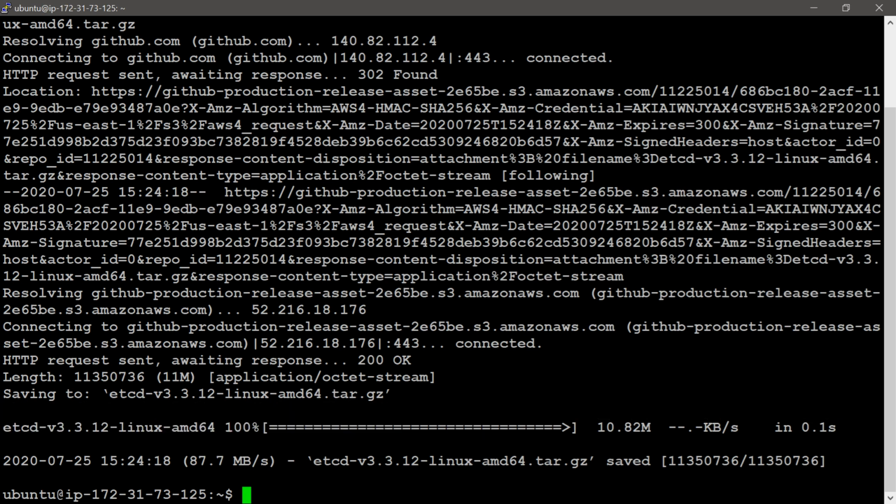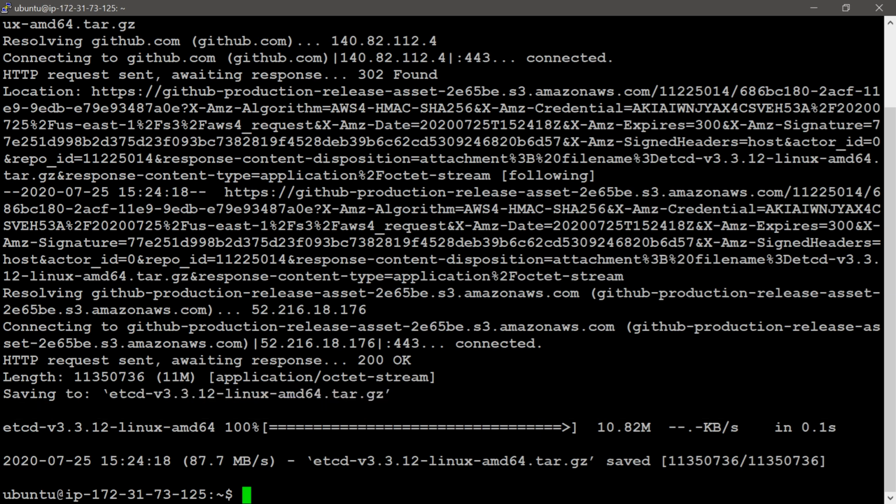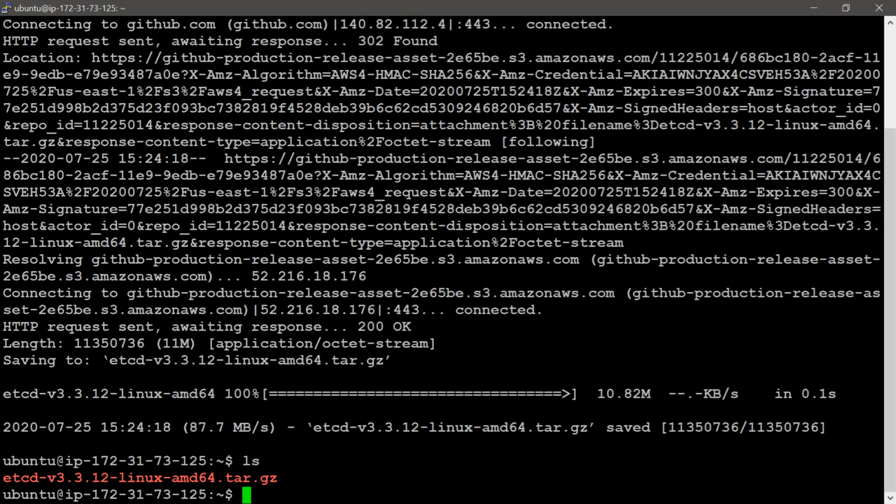Then it is stored here, you can see saved to etcd, then the version. Then I will give the ls command. You can see the tar.gz archived file. Then I will give the command to untar, meaning unzip these compressed binaries.